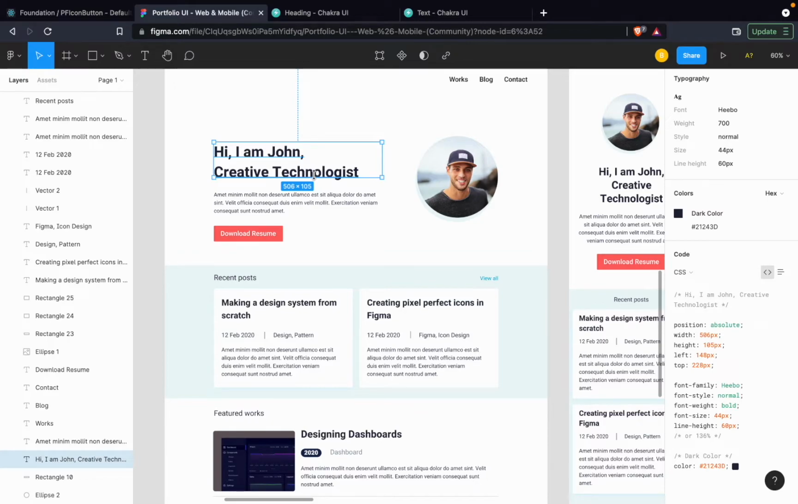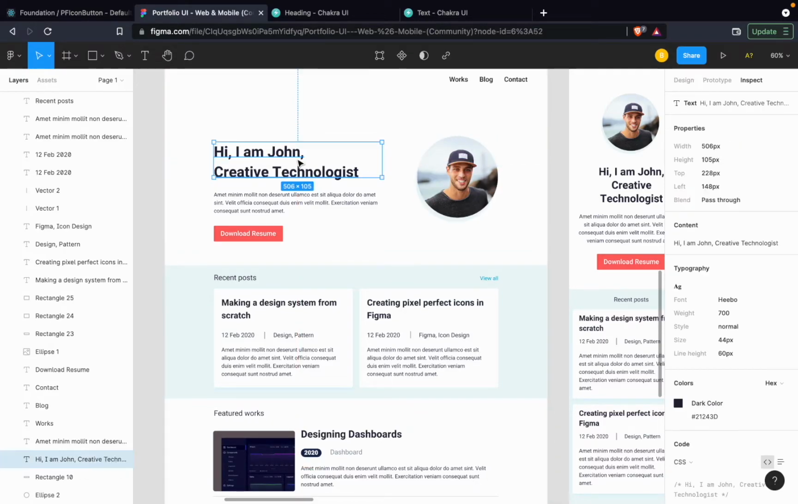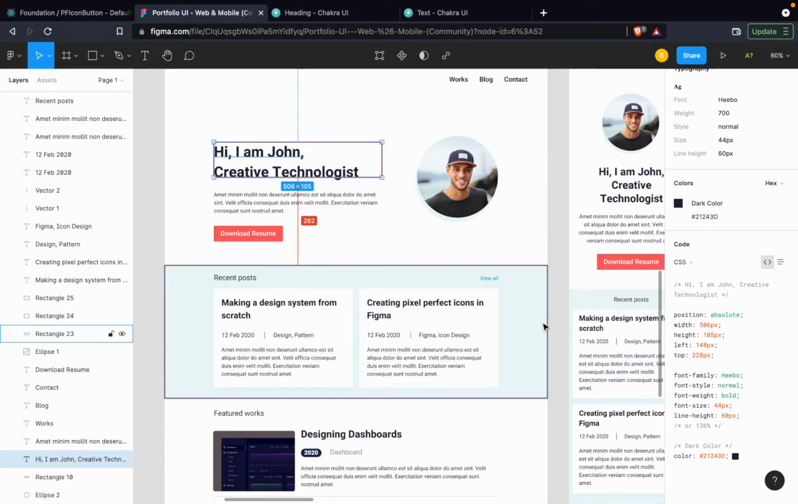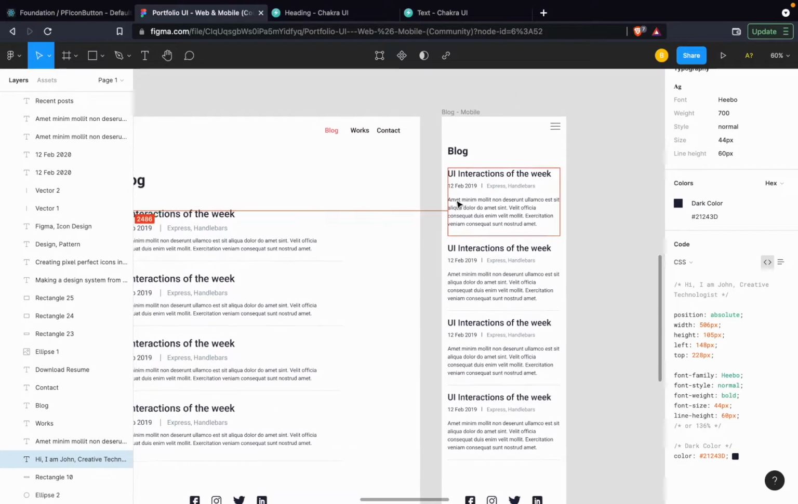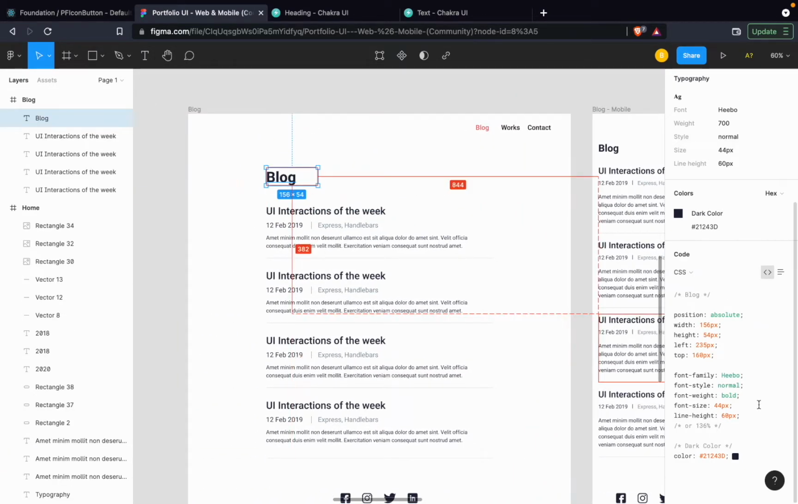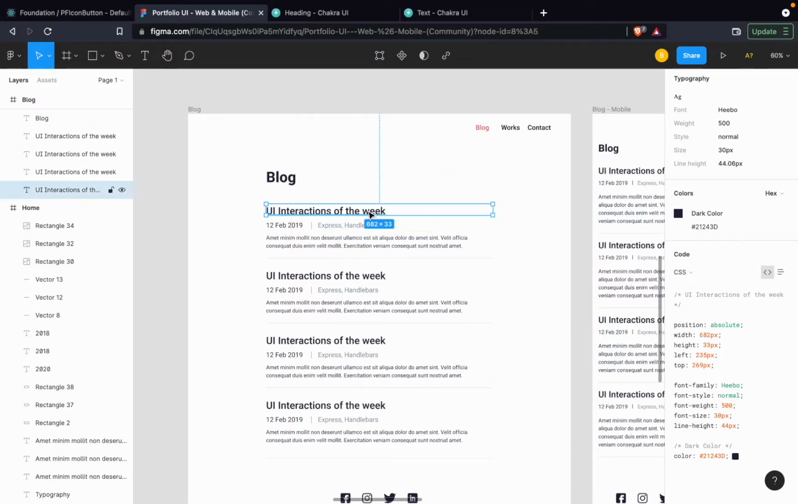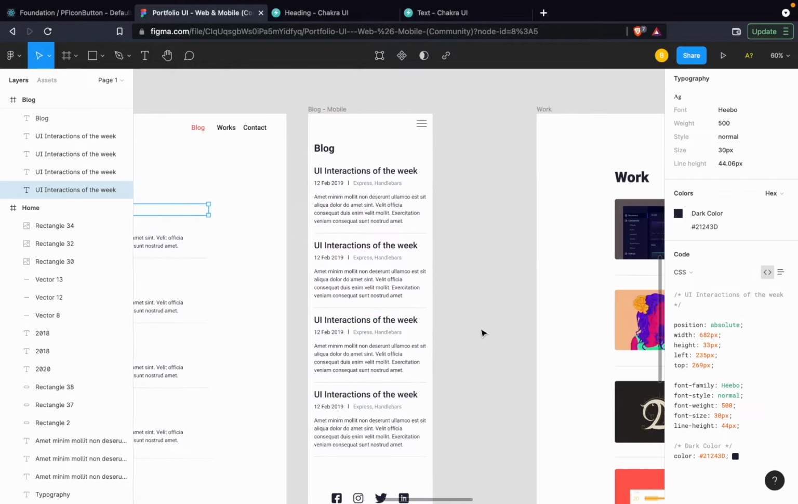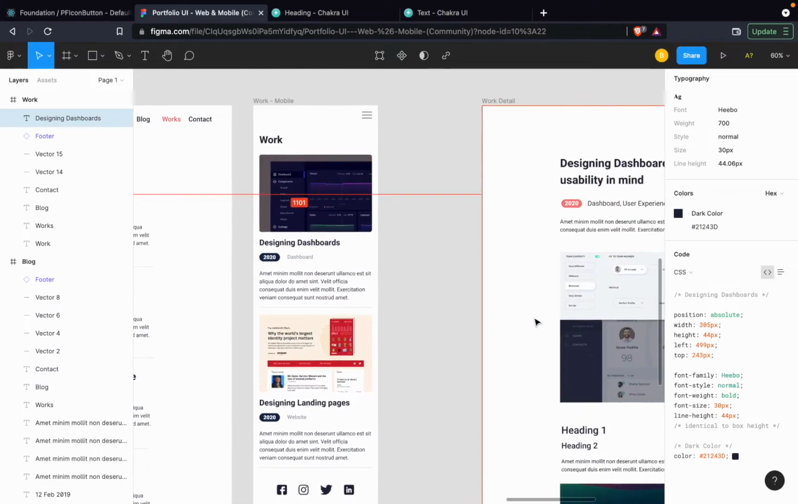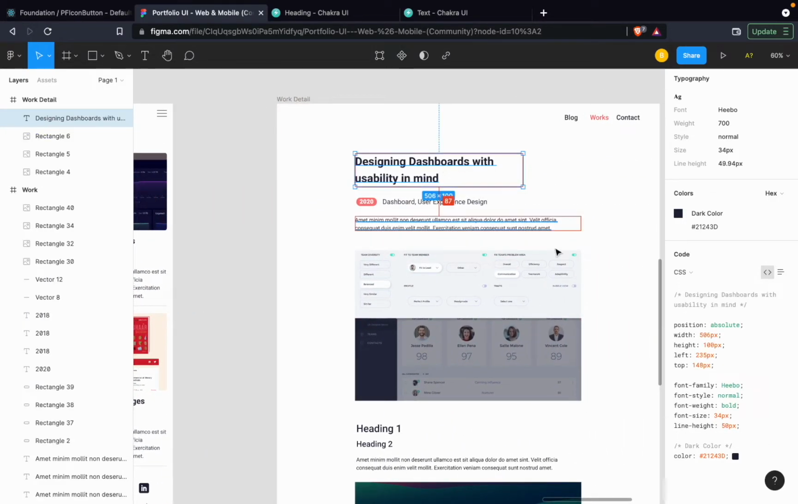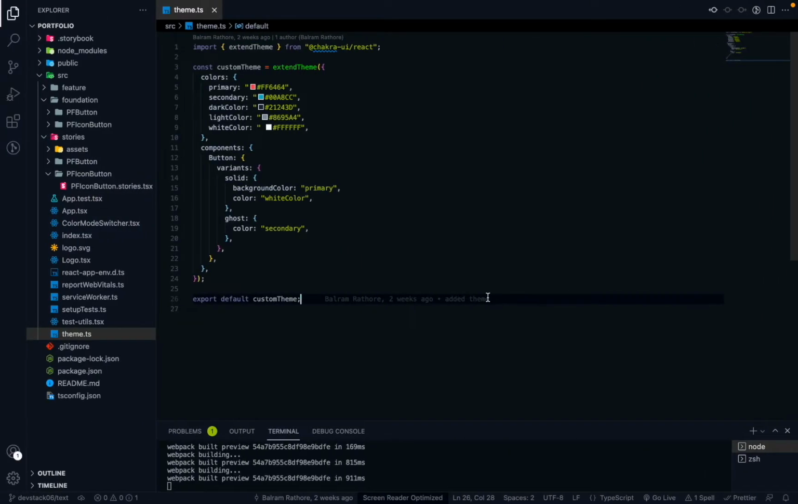Okay, so let me just categorize. This is one heading which has 44px, and also we have another text. This one has 44px again, it has 30px, and here I have 30px. So now I know how many varieties of text we have here. So let's go on